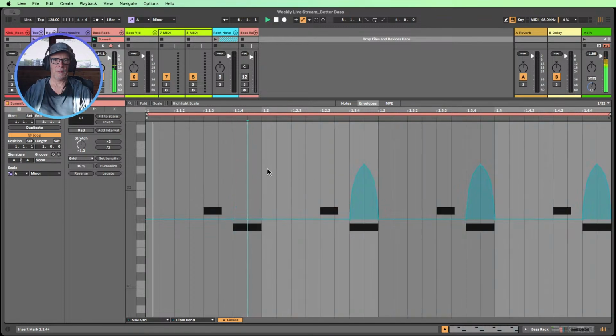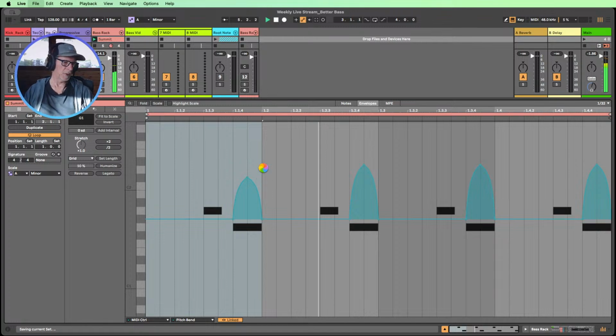So I think I should be able to select just these guys. No. So I'm going to bring one of them to where I want it and then copy it over. Okay, let's try that. Just wait for my computer as I push the wrong button, my bad.